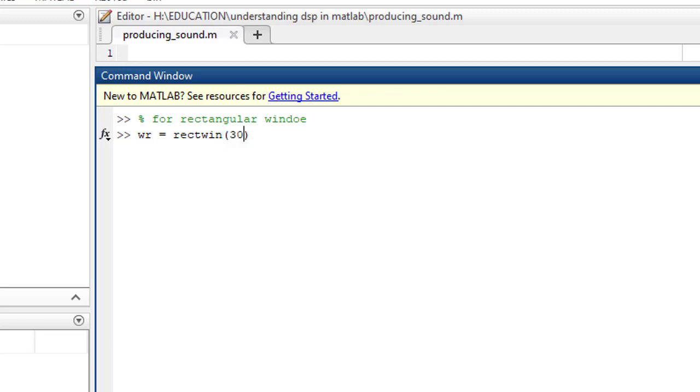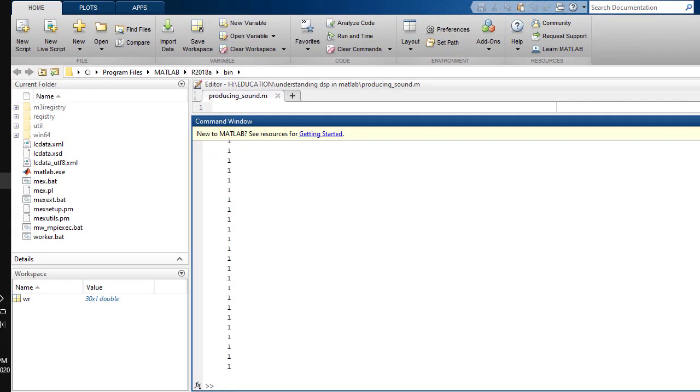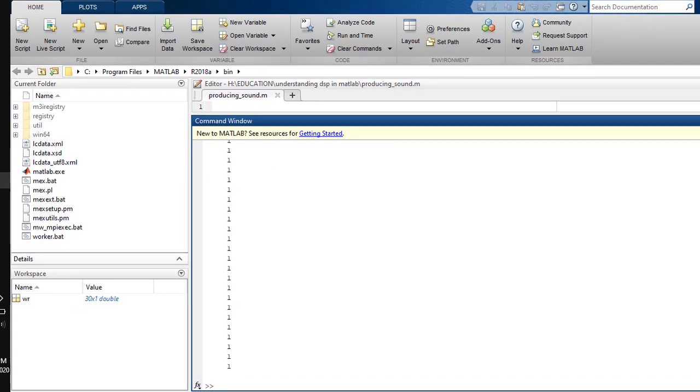Let me give 30. If I hit enter, I get ones everywhere. The total number of ones is 30, because the argument I have given is 30. If I give LENGTH, it checks the length of the variable WR, and it is 30.